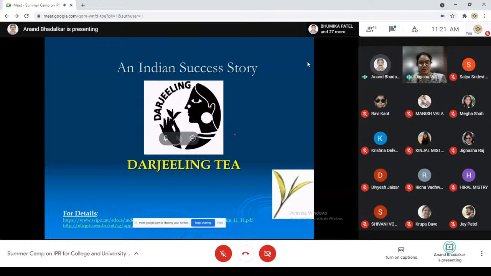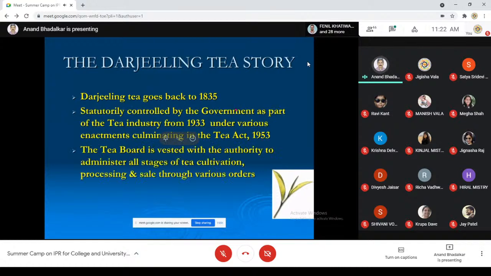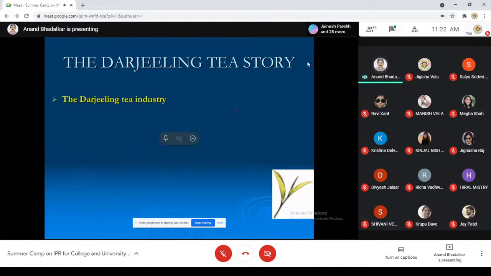Yeah, Darjeeling tea. It's about the Darjeeling tea success story. Yes. Okay. So this is a story of how commercialization of IP led to a huge success. Okay. So I was telling you that the Britishers were fond of tea, and they actually took a lot of business to Europe, and you got to see that